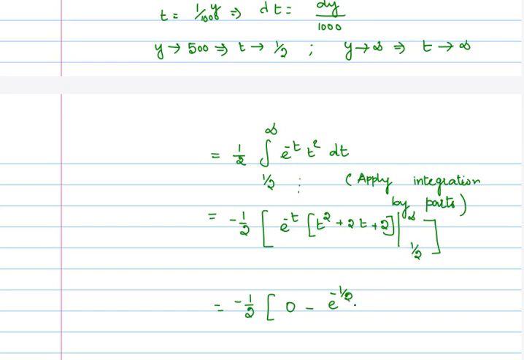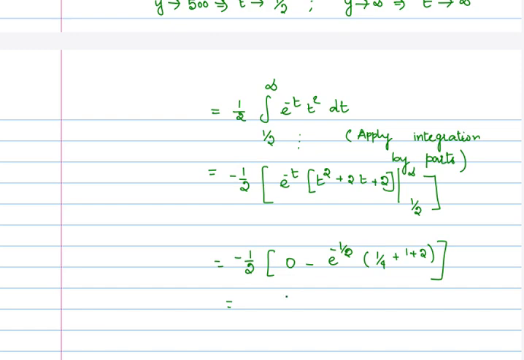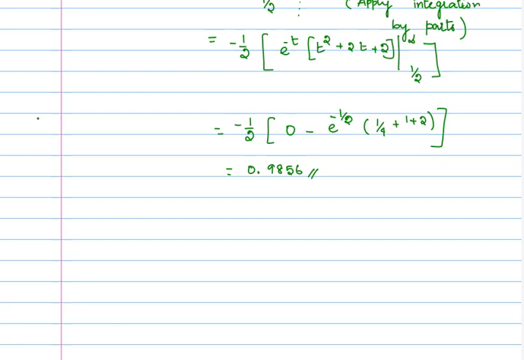1 by 2 times 1 by 4 plus 1 plus 2. So your final answer, if you are evaluating this value, or you use the calculator, is the easiest way. I use the calculator value only, 0.9856. This is the probability that, so I will conclude that the probability